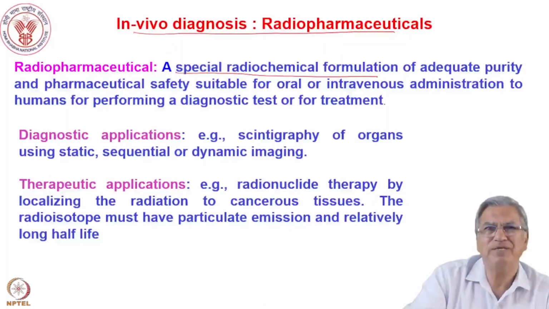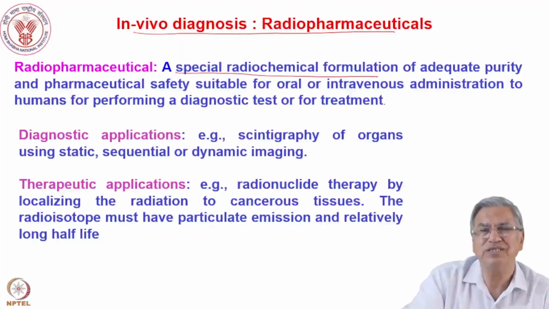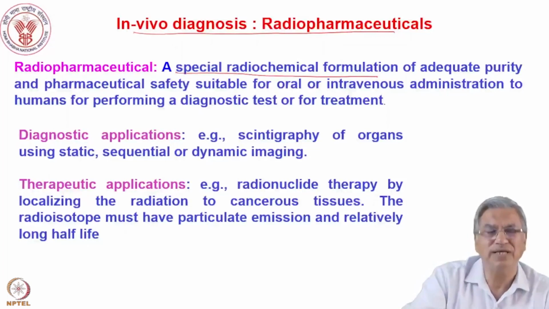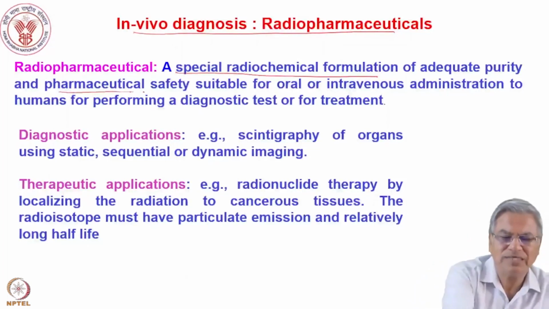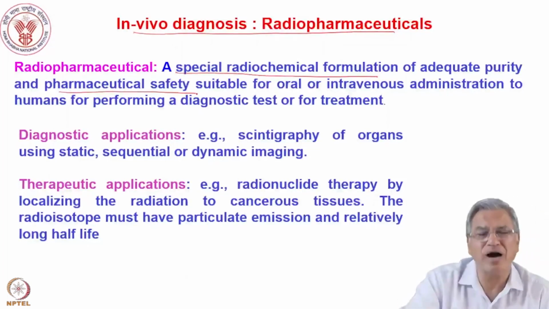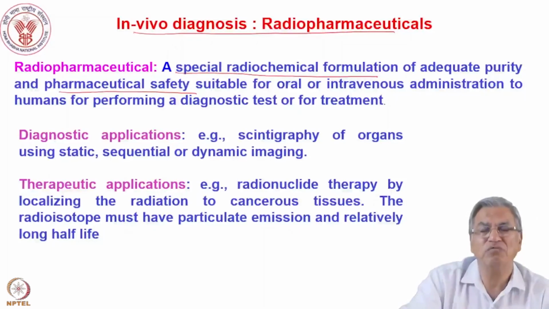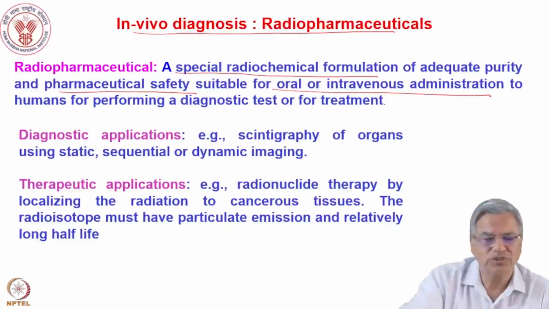It should have the desired radiochemical purity and radionuclidic purity, that is what we mean by adequate purity, and pharmaceutical safety. There are pharmacopoeia for different quality control measures to be taken with regard to pH, sterility, pyrogenicity, and so on. It should be suitable for oral or intravenous administration to humans for performing a diagnostic test